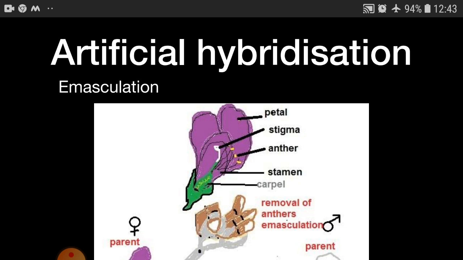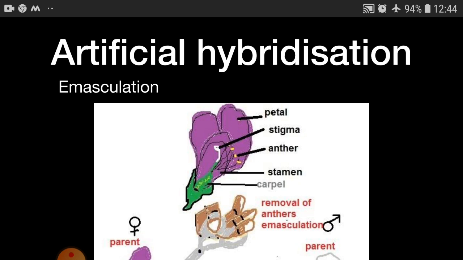One is that the pollen grains of the desired plant or of the desired flower are to land on the desired stigma, and secondly, the stigma or the female flower has to be protected from other pollen. That means unwanted pollen, no other pollen should land there. Now what are we to do for all these things? We are planning this pollination. So this pollination can be achieved by a technique which is known as the emasculation and bagging technique.